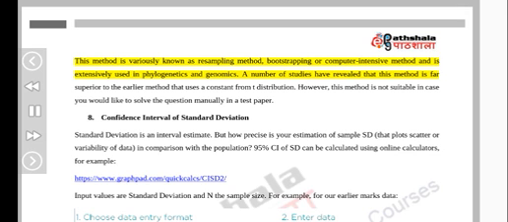This method is variously known as the resampling method, bootstrapping, or computer-intensive method, and is extensively used in phylogenetics and genomics. A number of studies have revealed that this method is far superior to the early